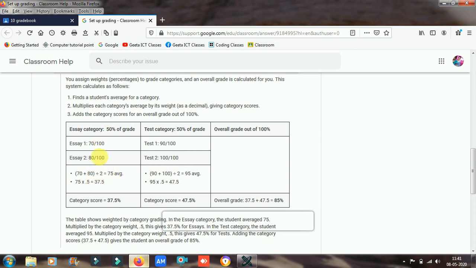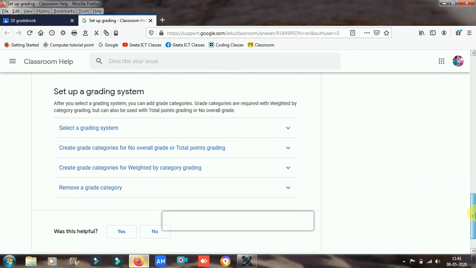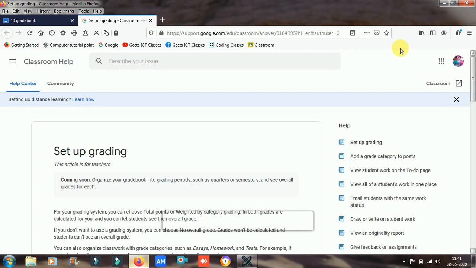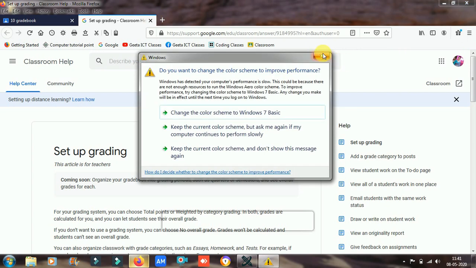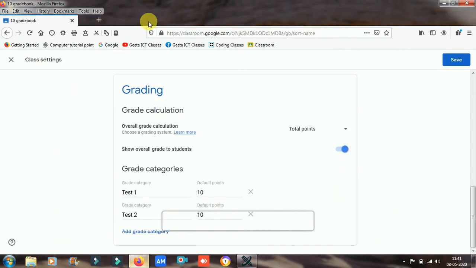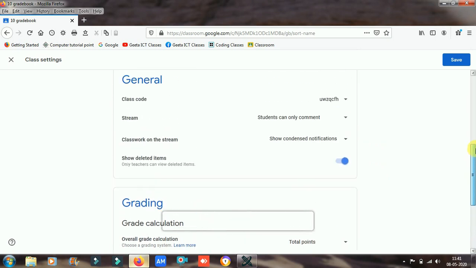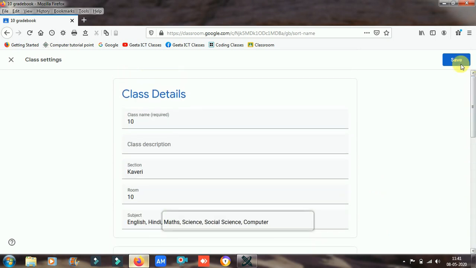So the total will be there, and the percentage of both of the categories will be there, and this is the overall grade system. So this is all about the grading system. The students can get the grades if you set it, and you can save.